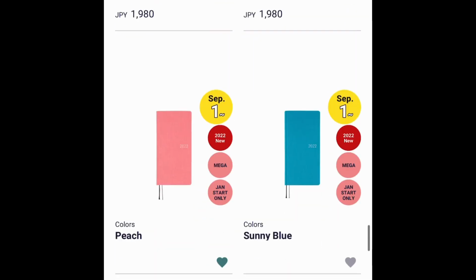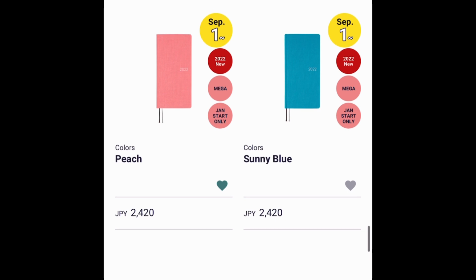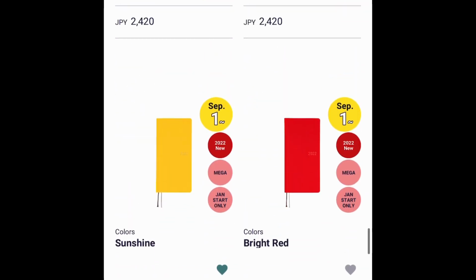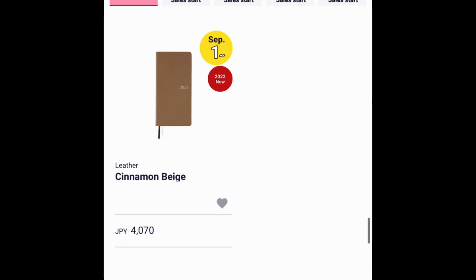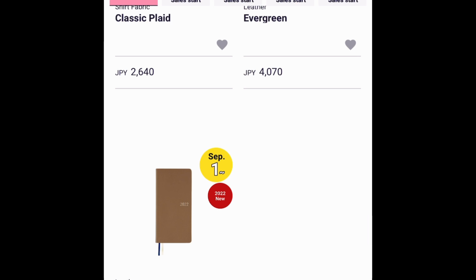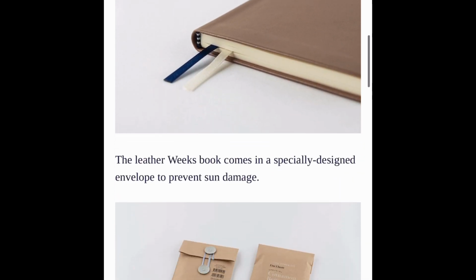soft cover, but here they come in hardcover, and I am really in love with the peach and the sunshine. I love the yellow when it's a sunshine color. And then here are the original ones, and they come in how many pages? Note pages. They come in